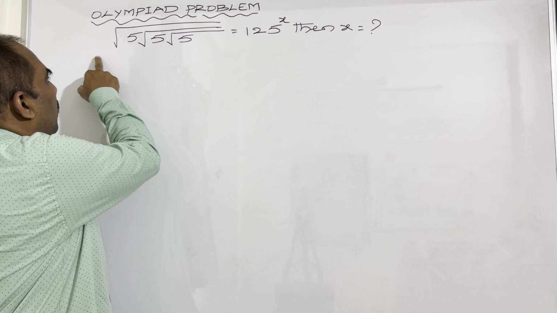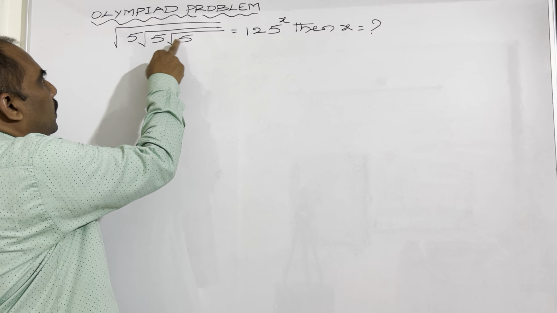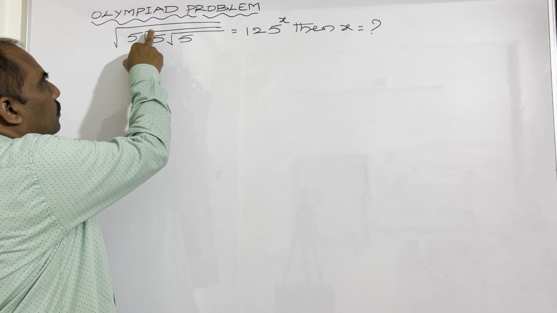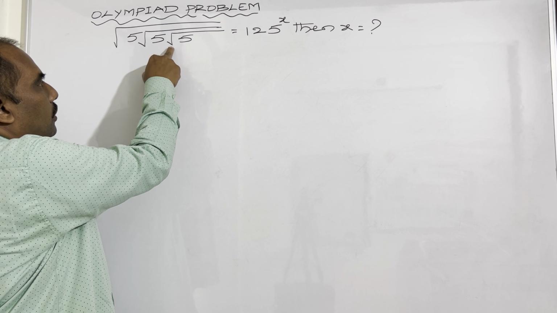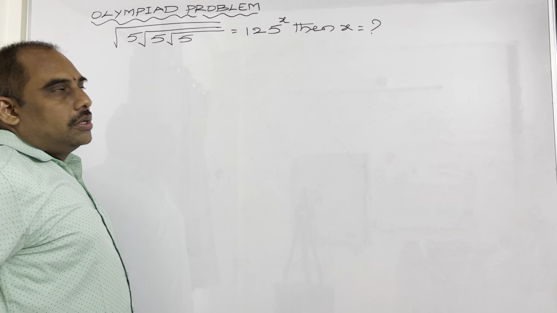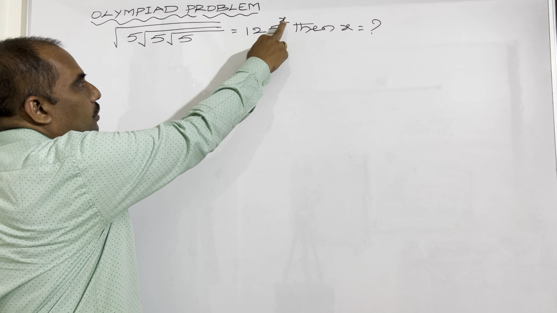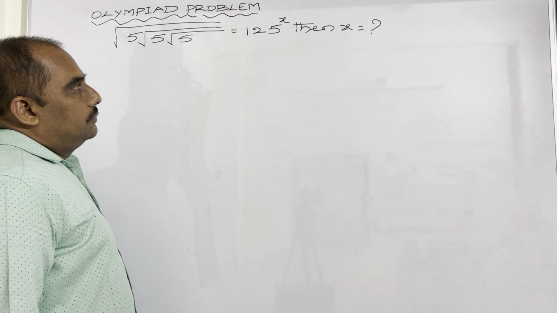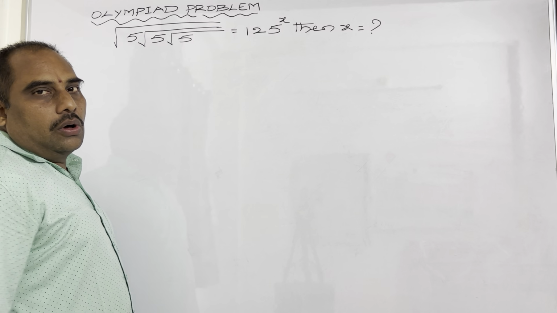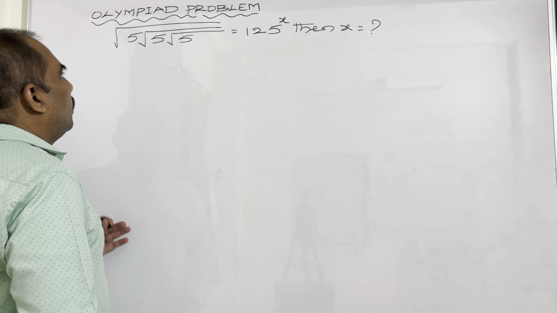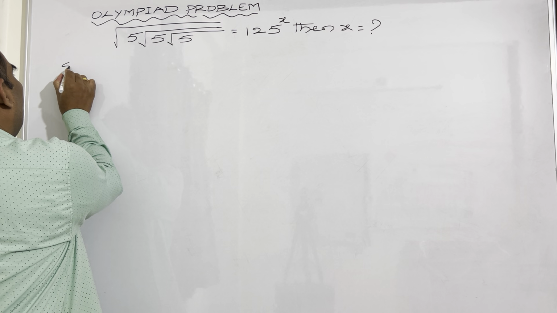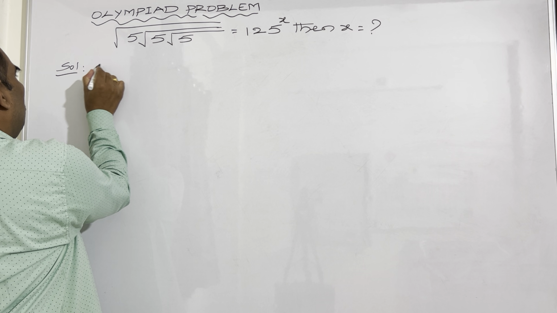So here the problem is: root over 5 into root over 5 into root over 5 is equal to 125 whole to the power of x. Then what is the value of x? Now in the solution, what I am taking is, given that